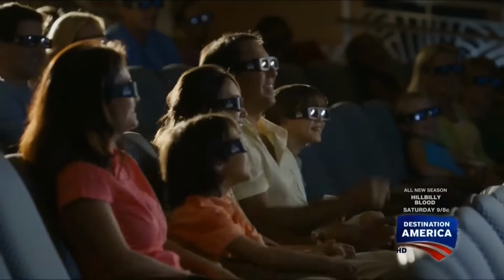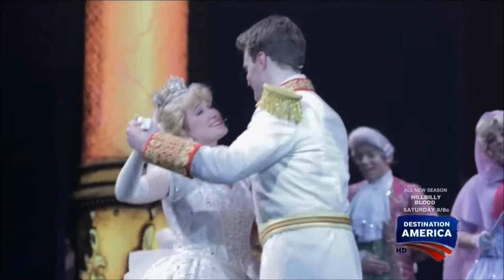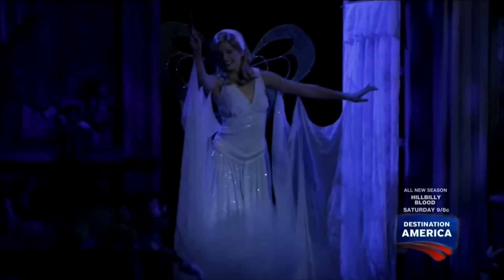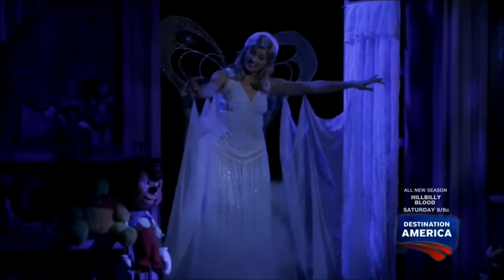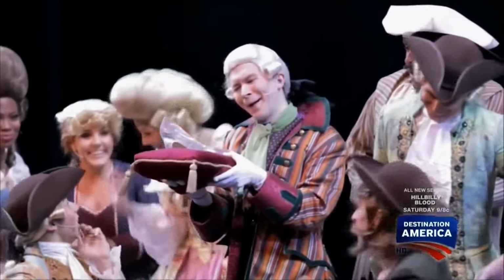Just in 2D, but 3D as well. Plus, characters and stories found in Disney films have been incorporated into original stage shows. And the theatrical crew is able to put on a different production each night. The Broadway-style shows that we do are absolutely fantastic. They're timed to be about a 45-minute experience so that they're good for the